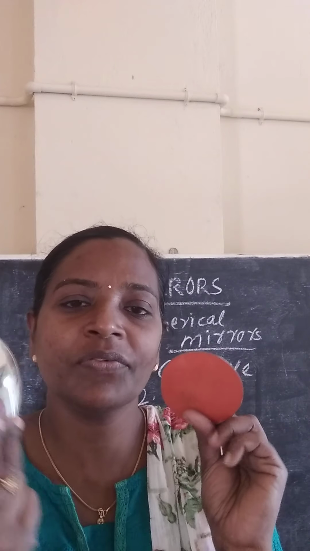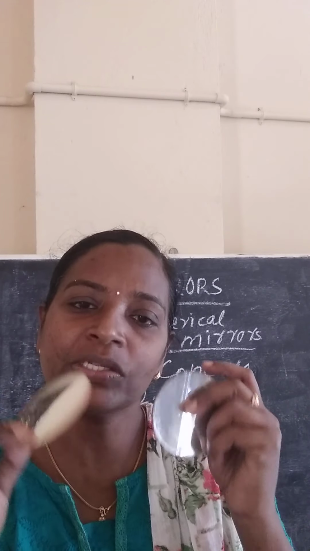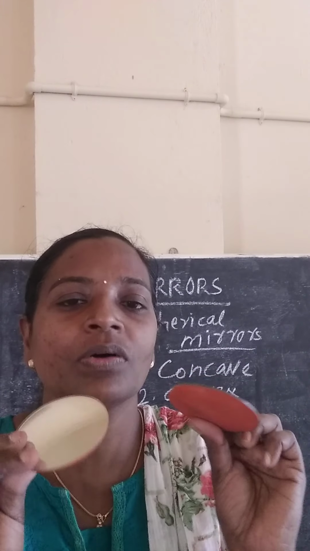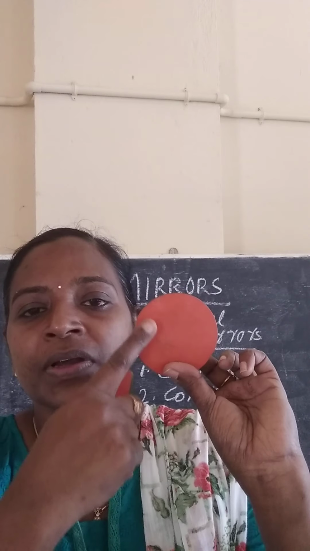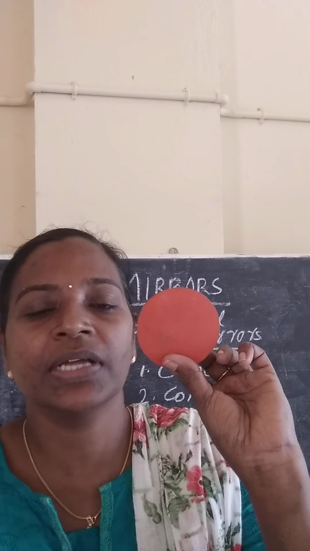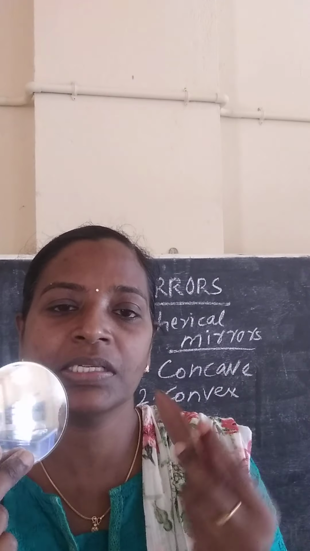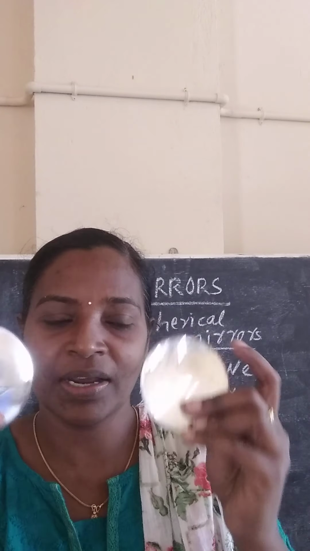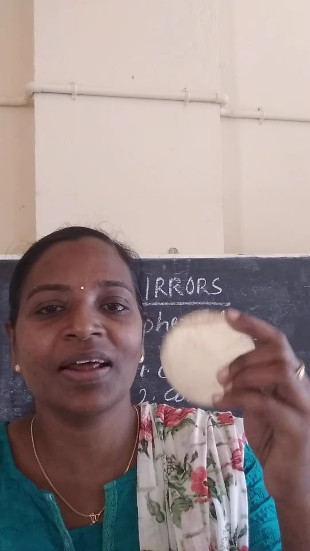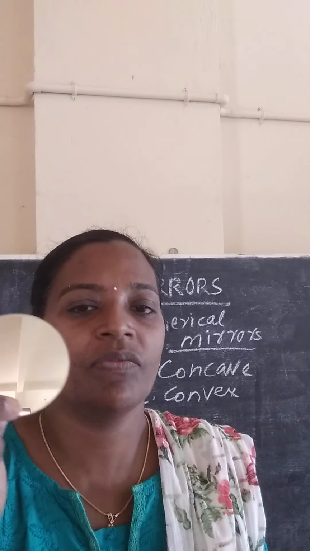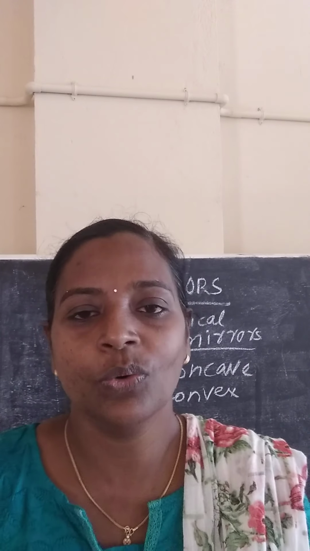These two are made of a transparent medium. Really, the light ray has to go in through the material, but that is not happening in these two because we are blocking the passage by silvering one side, and over that it is red painted. That is why we are blocking the passage of light through the body of the spherical mirror. By touch we can distinguish them: this is the concave mirror, and this, with the bulging out reflecting side, is the convex mirror. These are the two spherical mirrors.